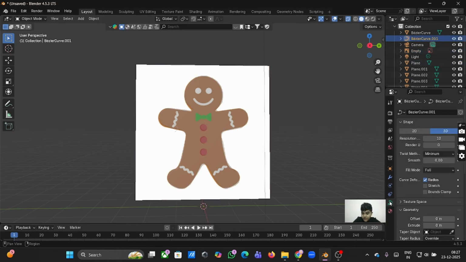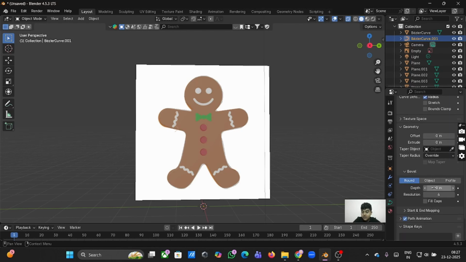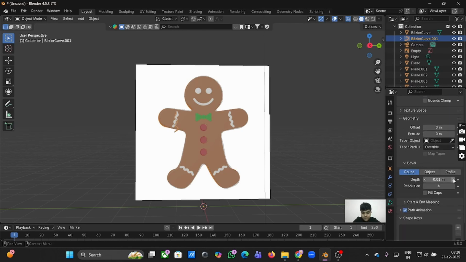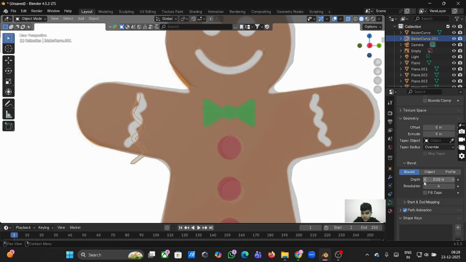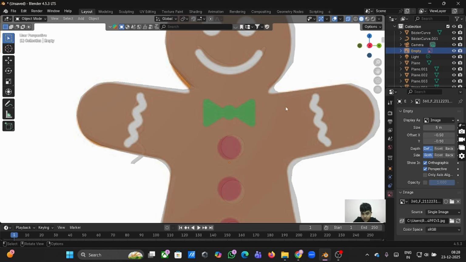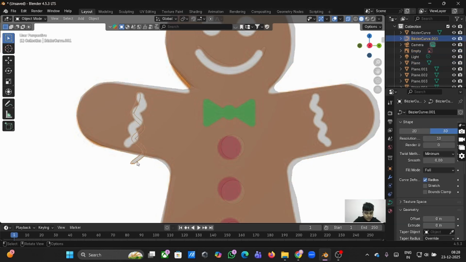We'll now again go to the Bézier curve data properties. Scroll down under bevel. We'll increase the depth to, I guess, 0.02. No, this will be too much. 0.01. No, 0.02. What about this? Now what we'll do is we'll grab it in